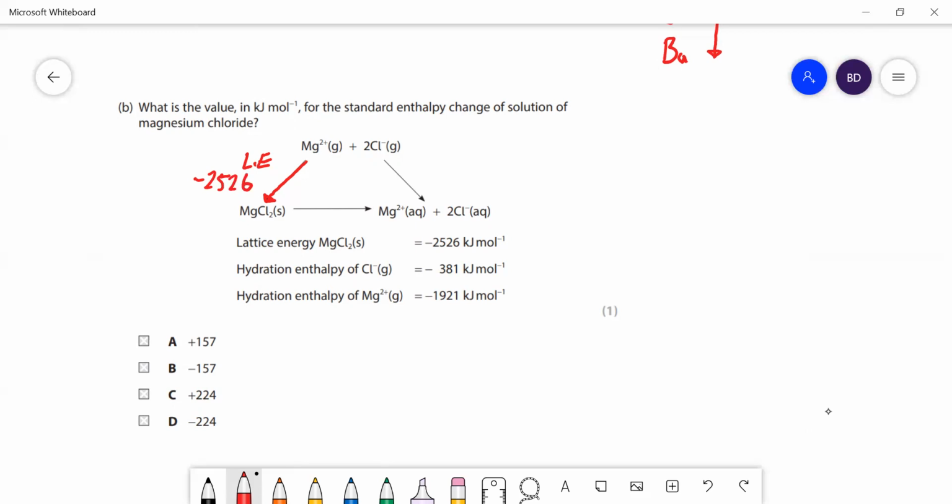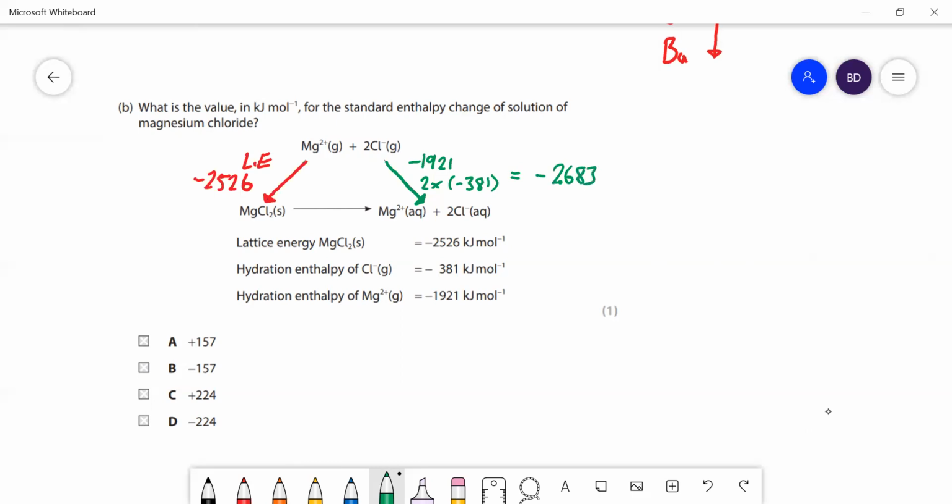On this one, we've got gaseous ions dissolving into water. That's going to be the hydration of the magnesium ion, which is minus 1921, and 2 times the hydration of chloride, because we've got 2 moles of chloride there, so that's minus 381. We add that lot up together, we get minus 2683